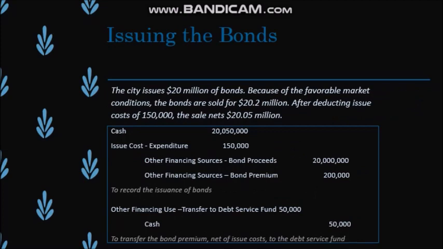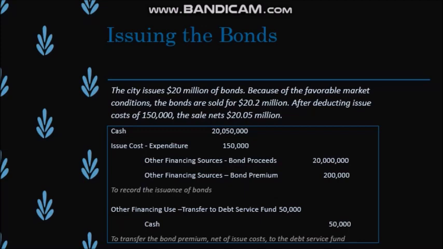So the next step in this problem is to look at the issuance of the bonds. So the city issues $20 million of bonds. Because of the favorable market conditions, the bonds are sold for $20,200,000. So essentially they're sold at a premium. After deducting issue costs of $150,000, this would be if we went through a broker who sold the bonds for us, the sale nets